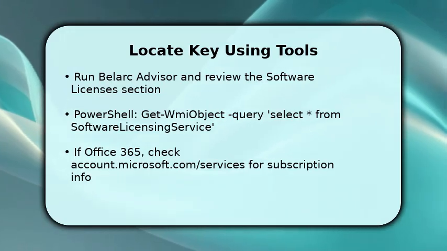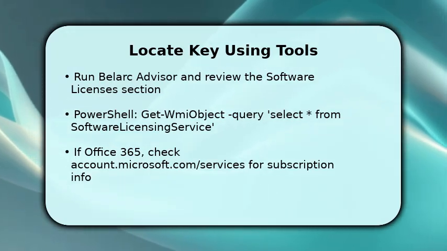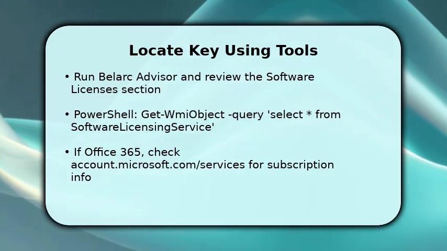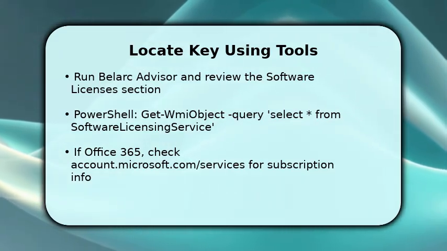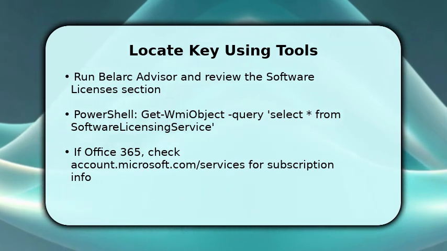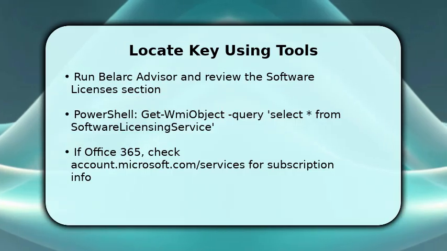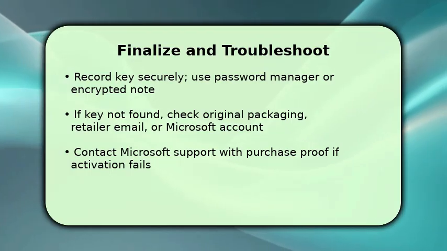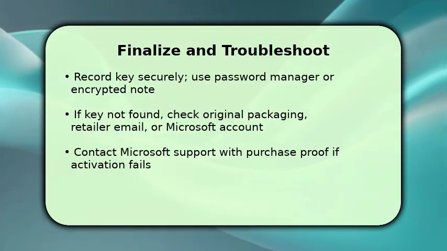For Office 365 or Microsoft 365 subscriptions, sign into your account at Microsoft.com and check services and subscriptions. You finish by securely recording the product key in a password manager or encrypted note so you can reinstall without hunting later. Once done, verify Office activation via File, Account inside any Office app and sign in with the linked